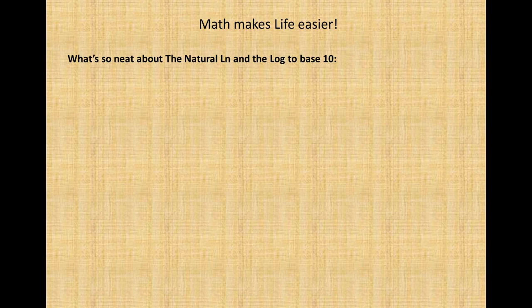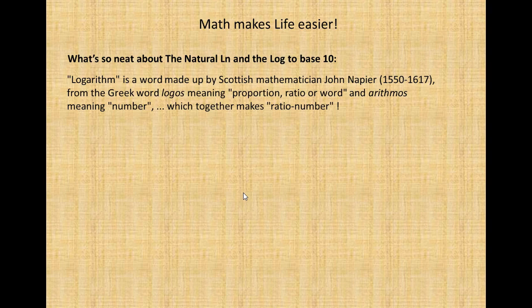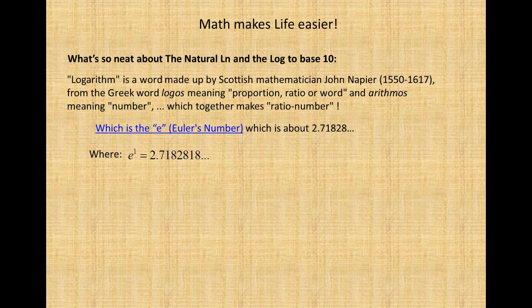What's so neat about the natural log and the log to the base 10? Well, there's something neat about this relationship, and I'm going to show you that. The word logarithm was made up by the Scottish mathematician John Napier, 1550 to 1617, from the Greek word logos, meaning proportion or ratio or word, and arithmos, meaning number, which together makes ratio number, which is the Euler number, which I said before, of 2.71828, and it continues on, where e to the 1 is equal to